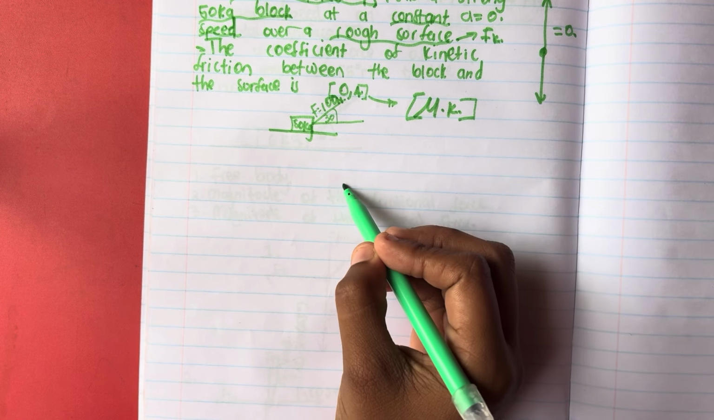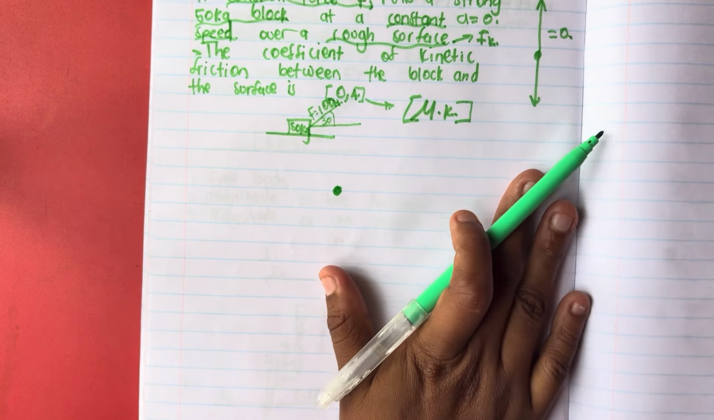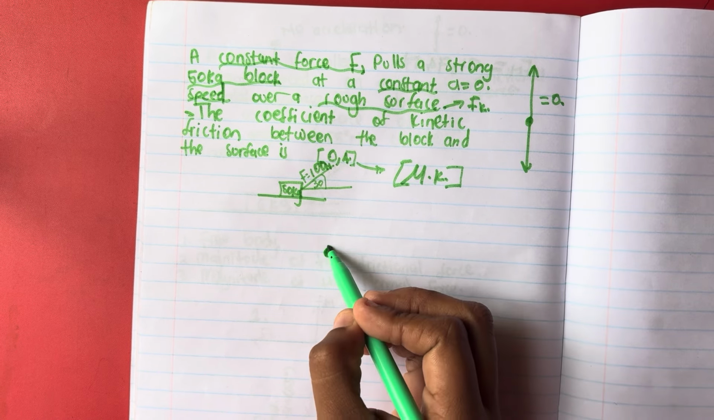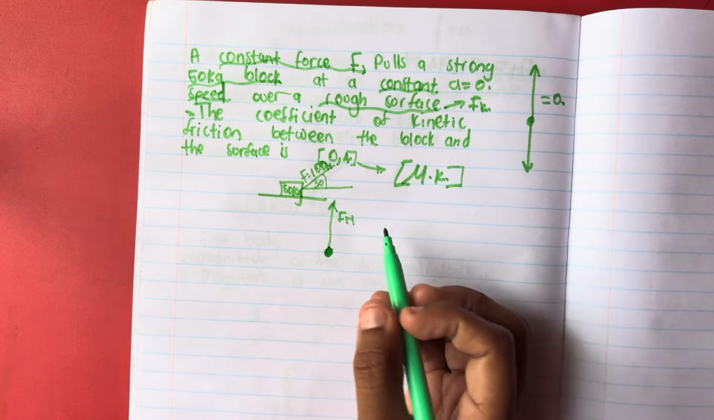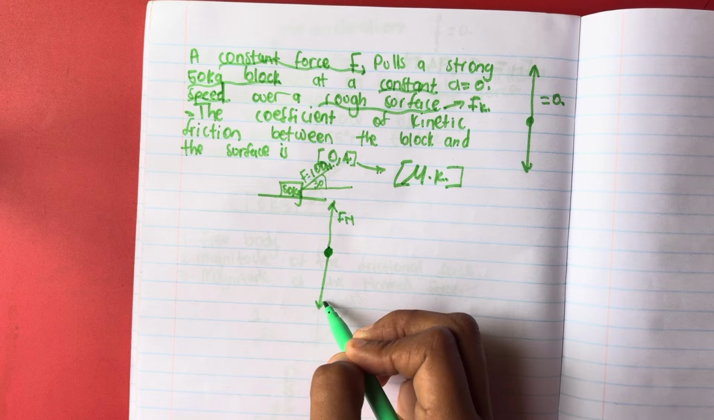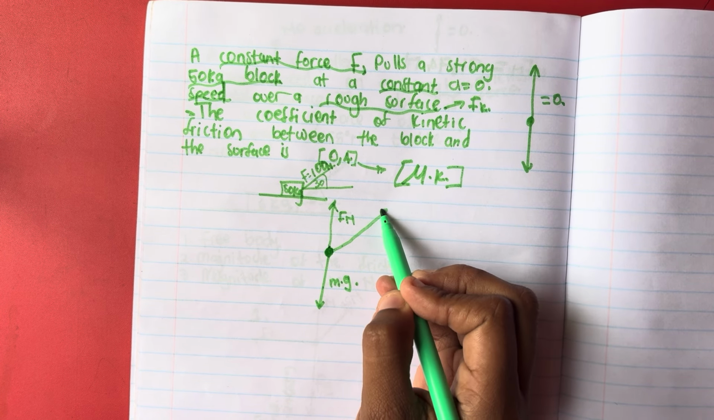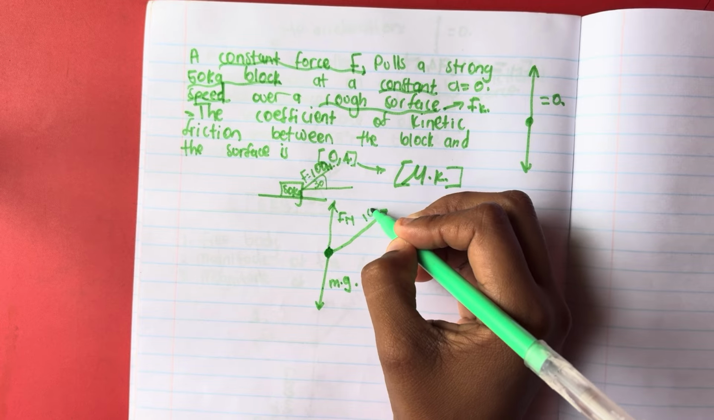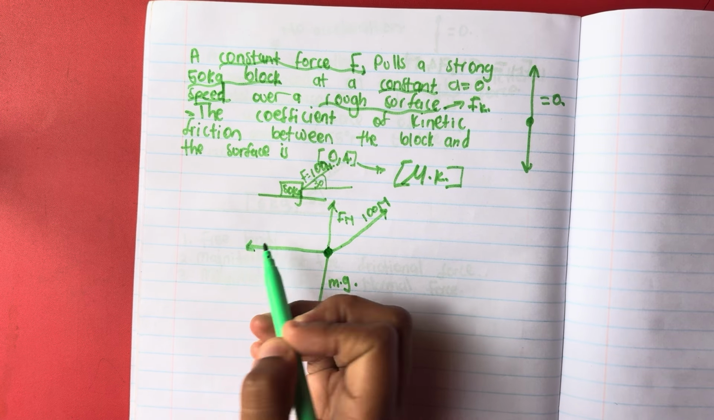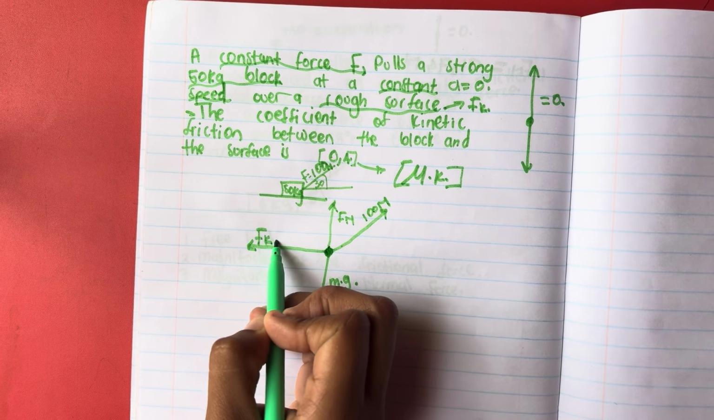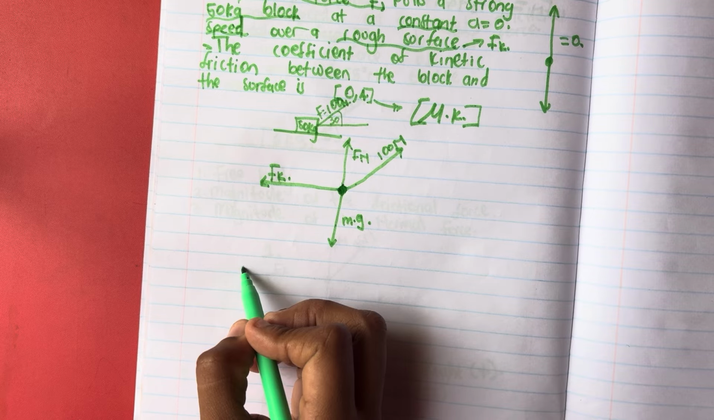Now, for interest's sake, let's draw the free body diagram of all the forces acting on this object. We're going to have the normal force, which is acting perpendicular to the surface. Then we're going to have m dot g, right? Then we're going to have the applied force, which is 100 Newton. Then we're going to have Fk in the opposite direction, right? So now what did they say? We should calculate